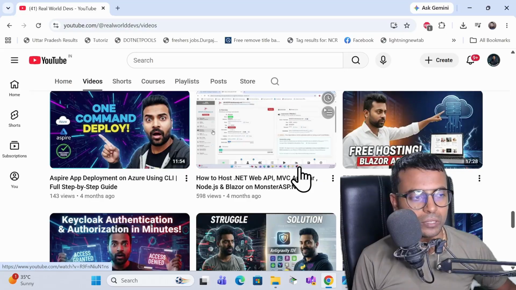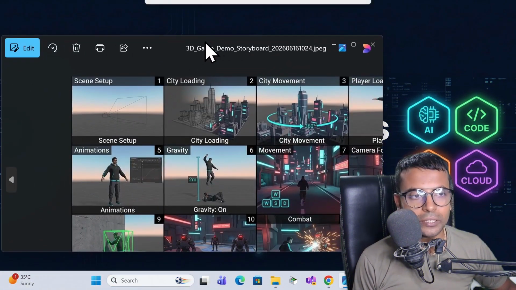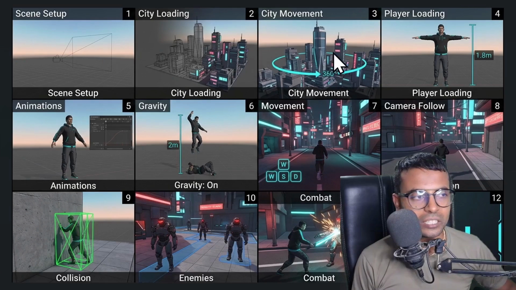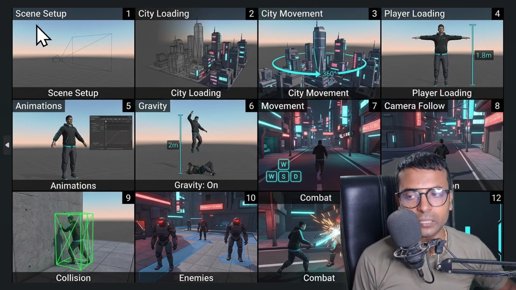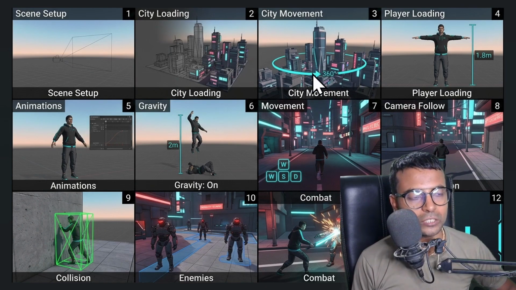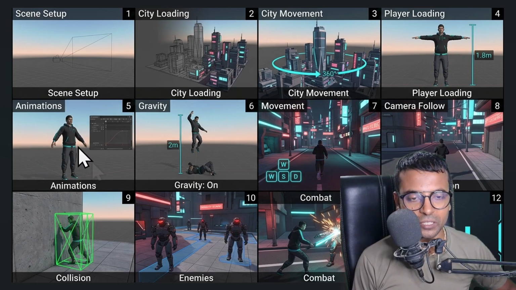Without further ado, let's move to start the implementation. So first let me see what we're trying to build over here. These are the steps we need to follow to build this complete game. First we have to set up the scene, then load the city, then whatever city we load, set up movement in 360 degrees, then we also load the player and apply some animation to that player, and